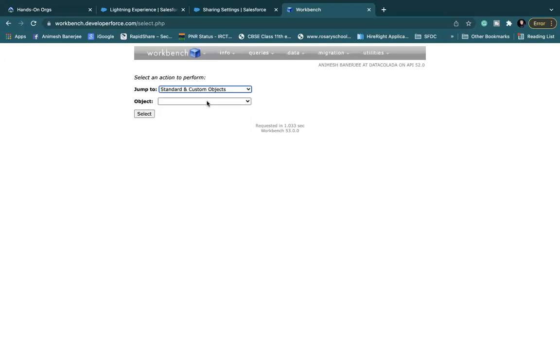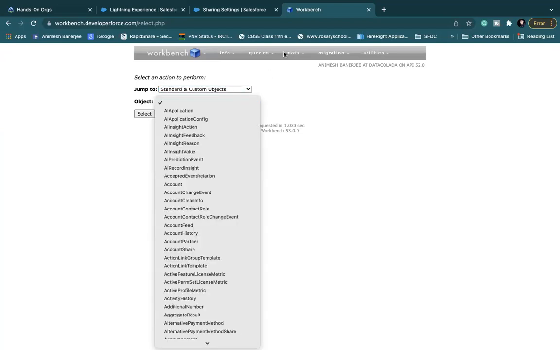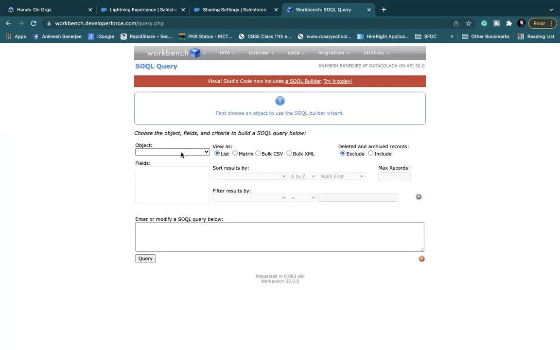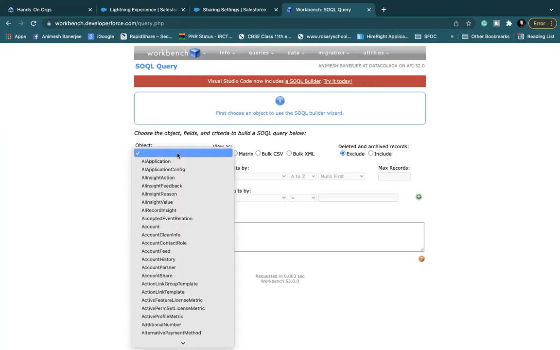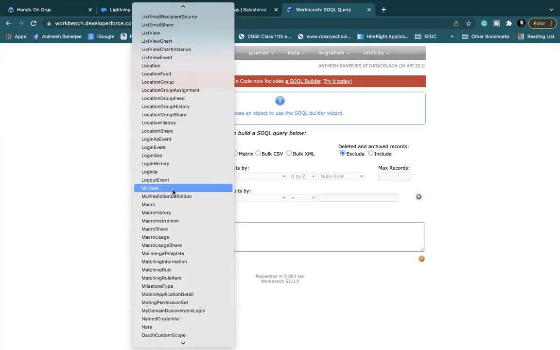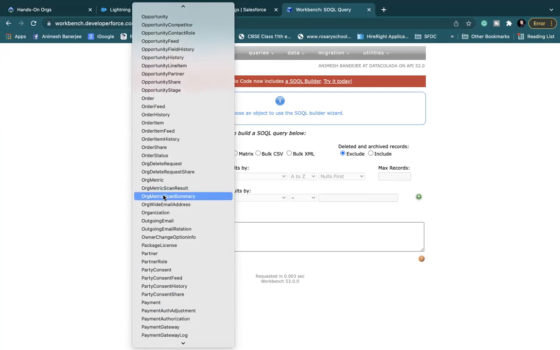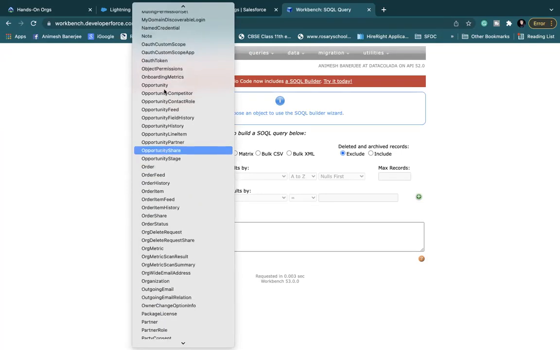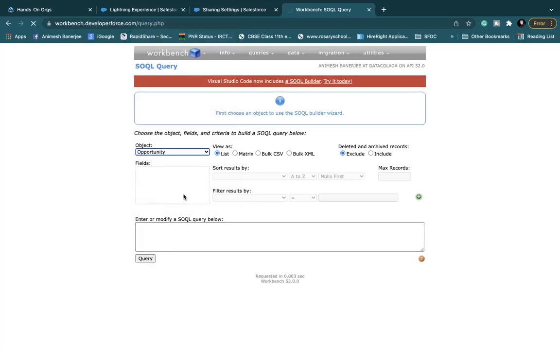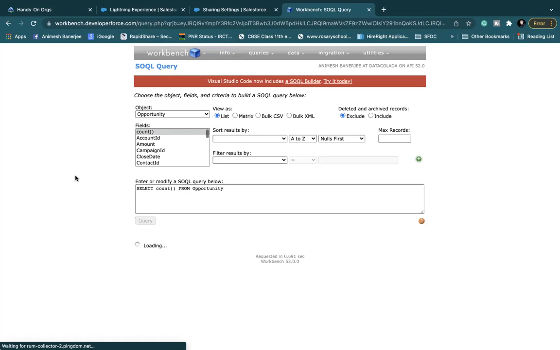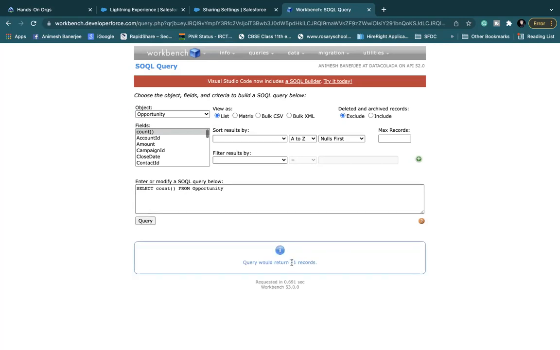objects again. Okay. I will first go and do a query. What is this language? We'll discuss later. It is very easy. You don't have to learn anything right now. Just remember which object we want to talk about. Opportunity object, right? This is the opportunity object. I will do a count first. Query. How many opportunities are there in this org? 31 opportunities are there, right?